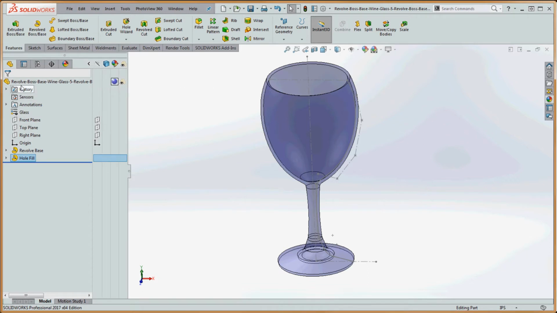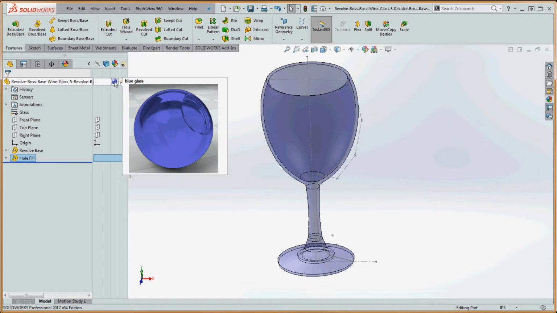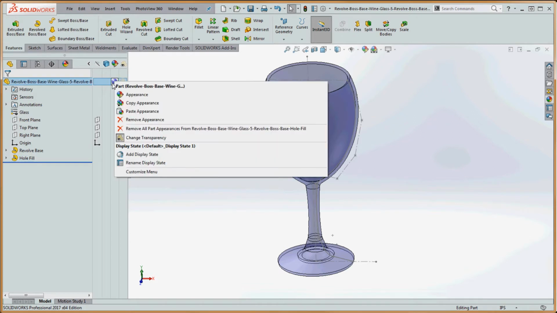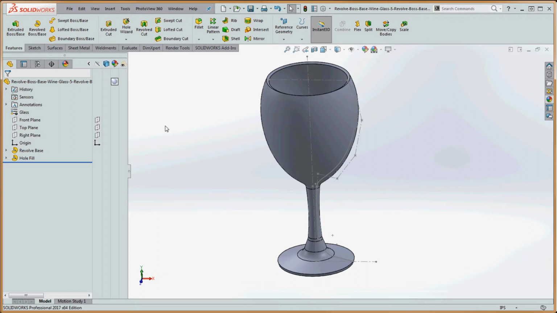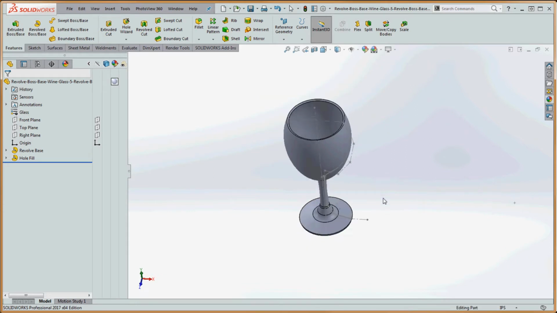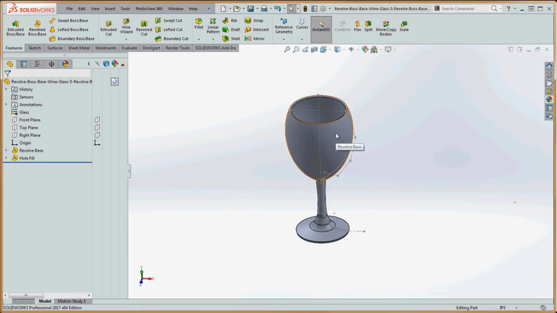So let's right click up here to the top of our tree. If we go over here to our display manager, or display pane over here, we're going to right click on that blue dot which says blue glass. We're going to go ahead and remove all part appearances from the Revolved Boss wine glass -5 Revolved Boss hole fill feature and part. So this way we just get back to the regular gray model,